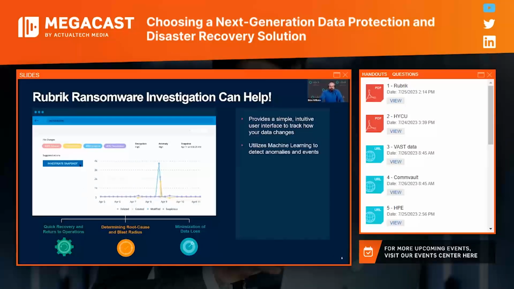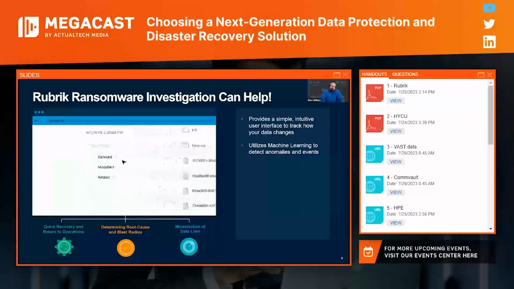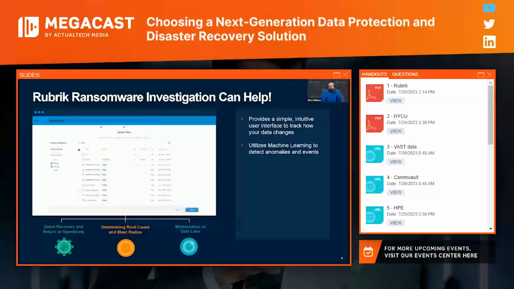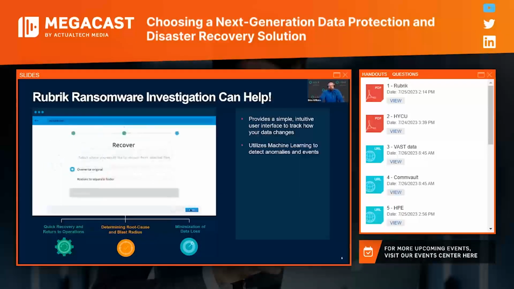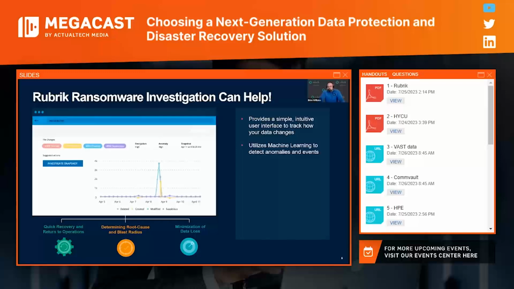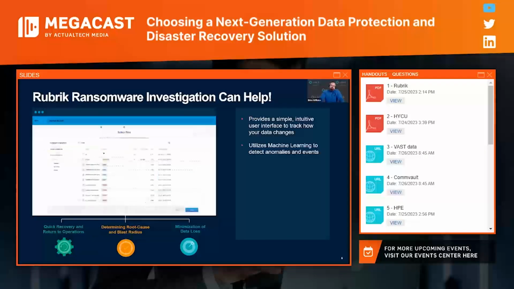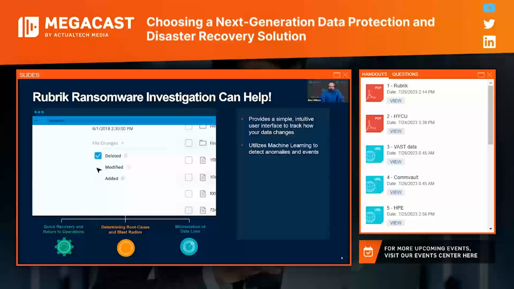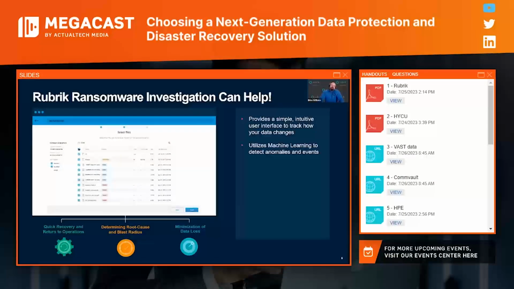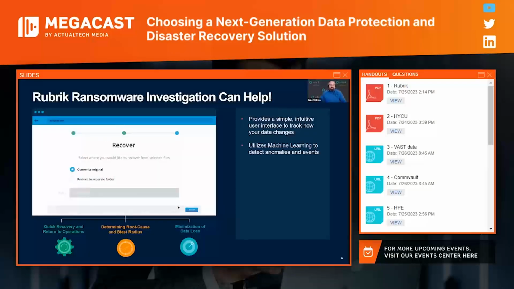Rubrik utilizes machine learning models in order to establish a baseline for each object it analyzes. Right. So from there, it can proactively monitor and flag suspicious activity, including, but not limited to, abnormal change rates, system sizes, data entropy changes. That's a big one. We're going to come back to that one. And of course, once detected, the alerts can be pushed through the UI, email. Of course, you can send it to any kind of SIEM or SOAR tool you have. And then recently, we've added webhook connections, so you can get this inside of Teams channels, Discord, or Slack.